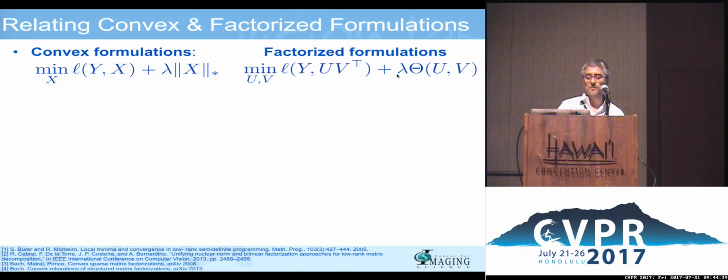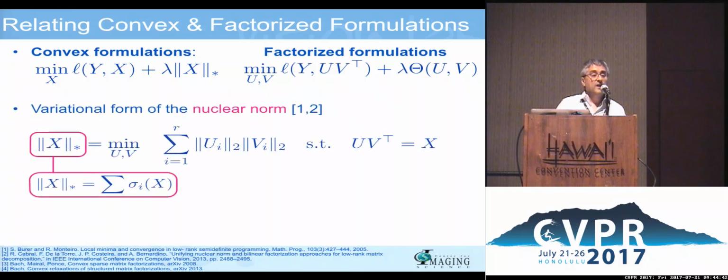Specifically, how are these problems going to be addressed? We are going to exploit some result known as the variational form of the nuclear norm. What is that? First of all, what is the nuclear norm? The nuclear norm, given a matrix X, is nothing but the sum of the singular values of that matrix, okay? And it's supposed to be a convex surrogate for the rank, because, you know, the rank is the number of non-zero singular values. So instead of counting how many are non-zero, you just sum them up, okay? And by doing so, you go from a non-convex quantity, like the rank, to a convex quantity, like the nuclear norm.